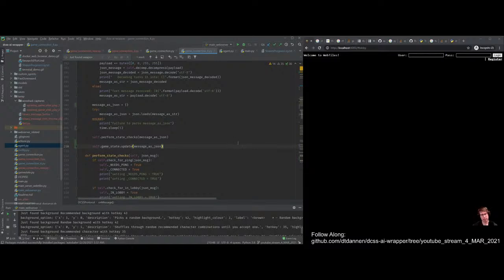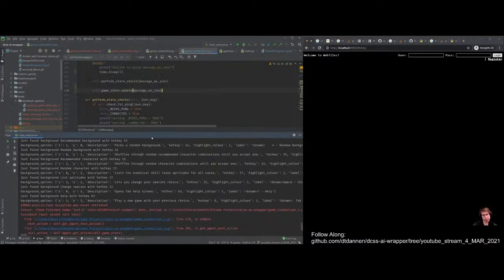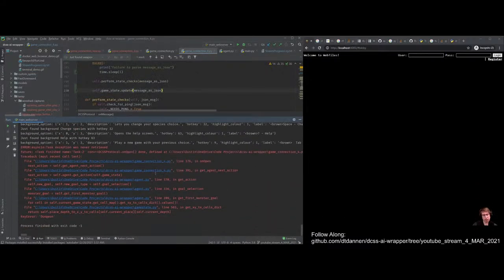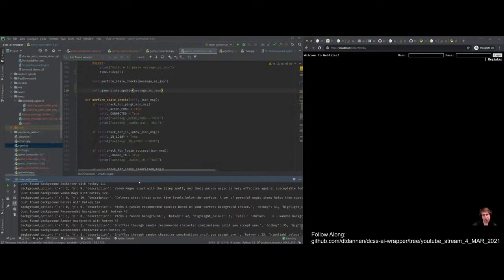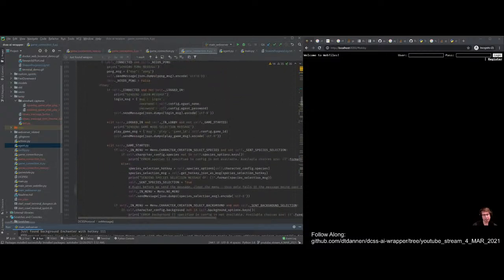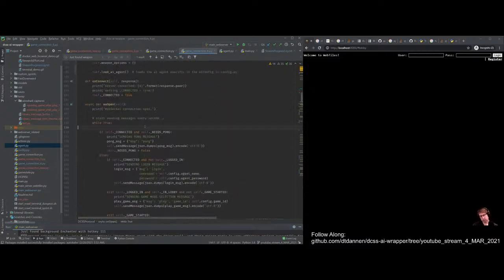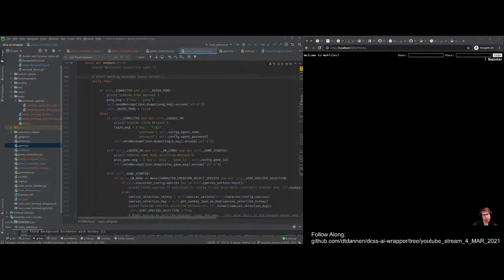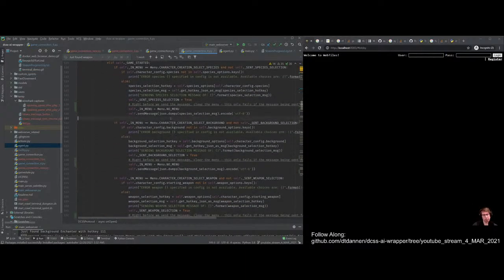Should be robust to all that. It's because this is running asynchronously. Huh. Well,